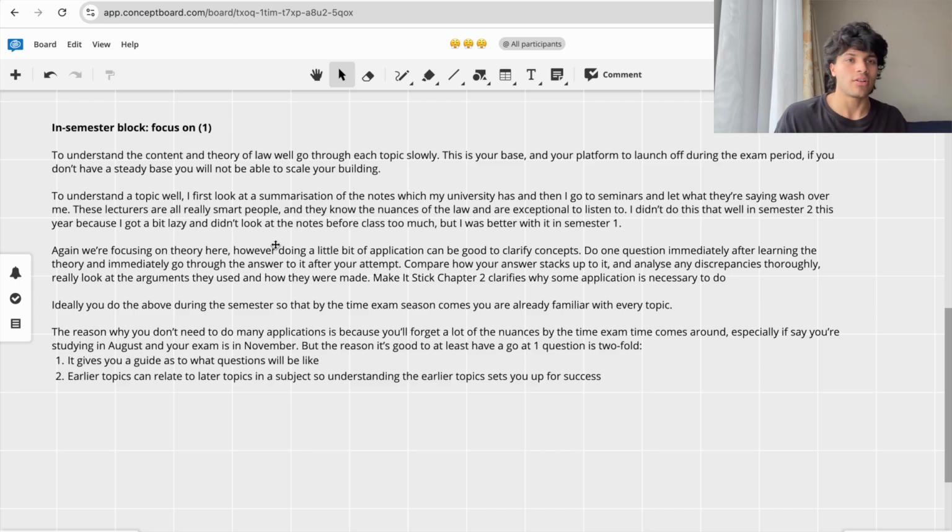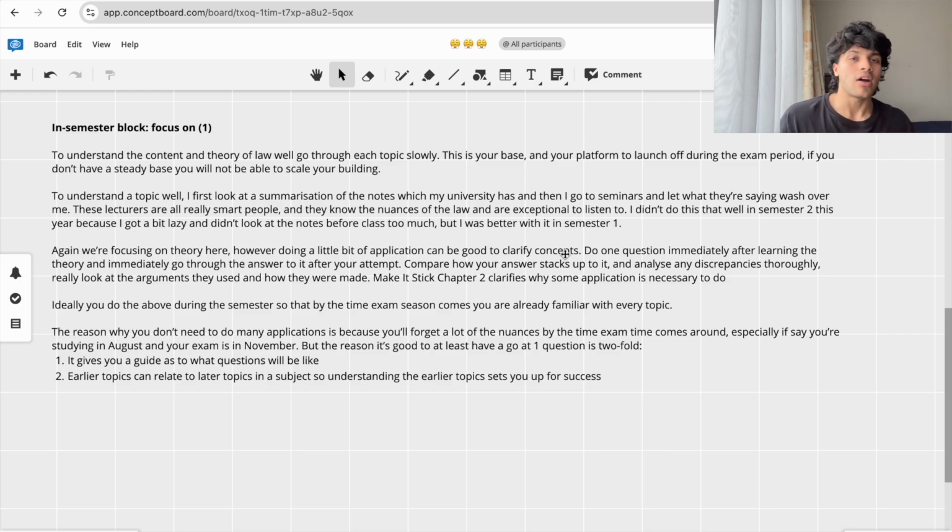We're not focusing yet on the application predominantly, like you would in the post-semester period while you're preparing for an exam. However, doing a little bit of application can be really good to clarify concepts. So what I would suggest, within 24 hours after you've gone to your lecture, so you started off by looking at your notes, then you've gone to your lecture,